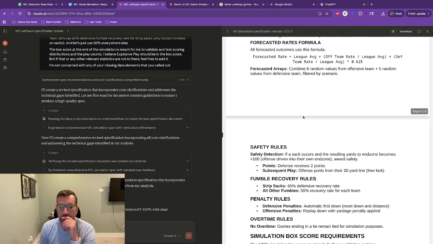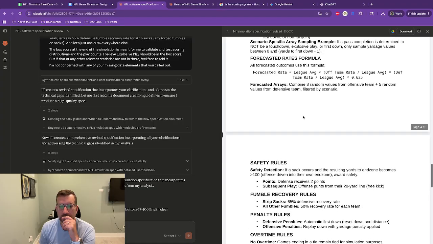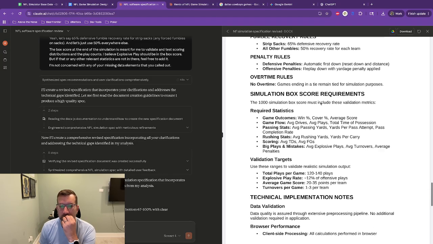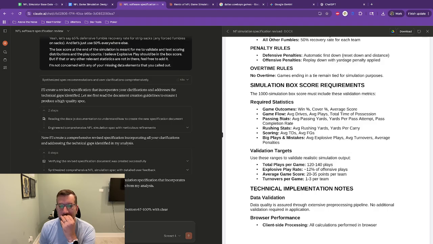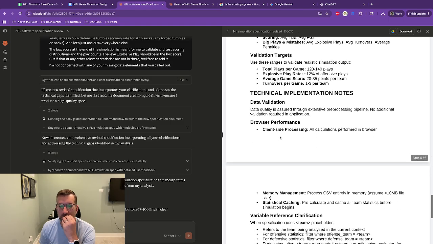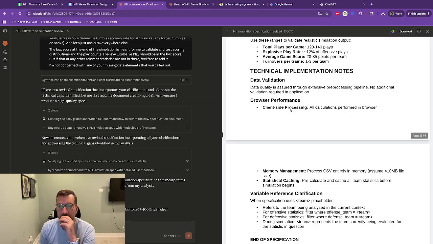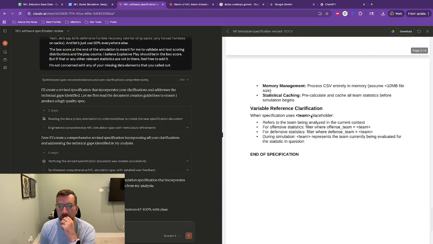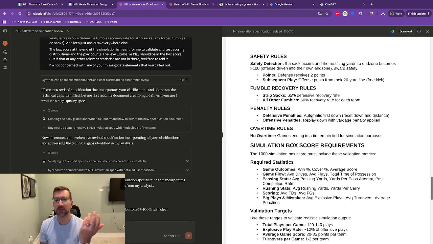So I hope we didn't get rid of all the formulas and it's probably just telling me what they are. Safety rules, fumble recovery rules, penalty rules, overtime rules. Cool. Simulation box score requirements. Okay, so yeah, game outcomes. There we go. Technical implementation notes. Okay, armor circulation and a spec. Okay, I mean, well, this